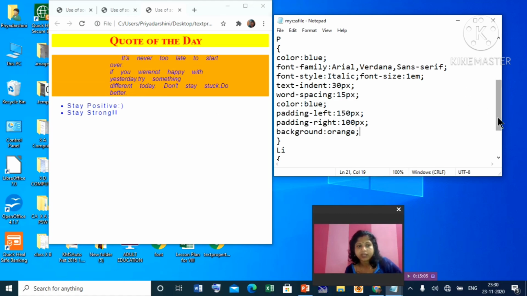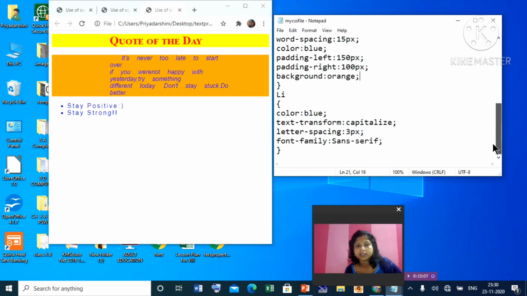Okay, then for the list, li here color blue color, so it is coming. Text transform, capitalize, so first letter will be capital, letter spacing given, and font family given. So this way you can format your HTML document.